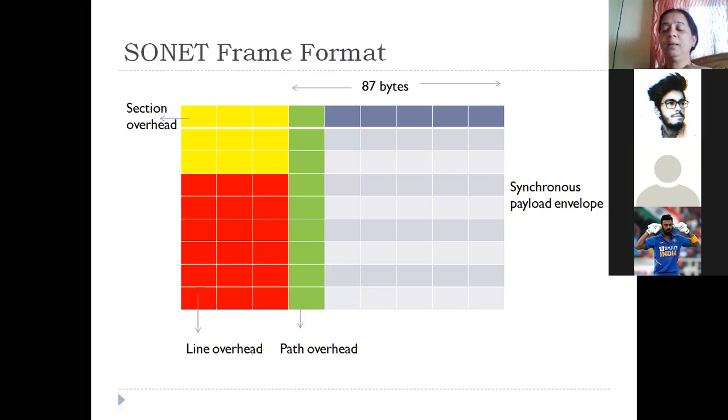Overheads are fields which contain the information. So if we are looking at the SONET frame format, the first 3 columns and the first 3 rows, that part indicates a field which is called the section overhead. Then the remaining 6 rows and the first 3 columns, which is shown in red, is called the line overhead. Next to that, the whole column that we have, which is shown in green, is called the path